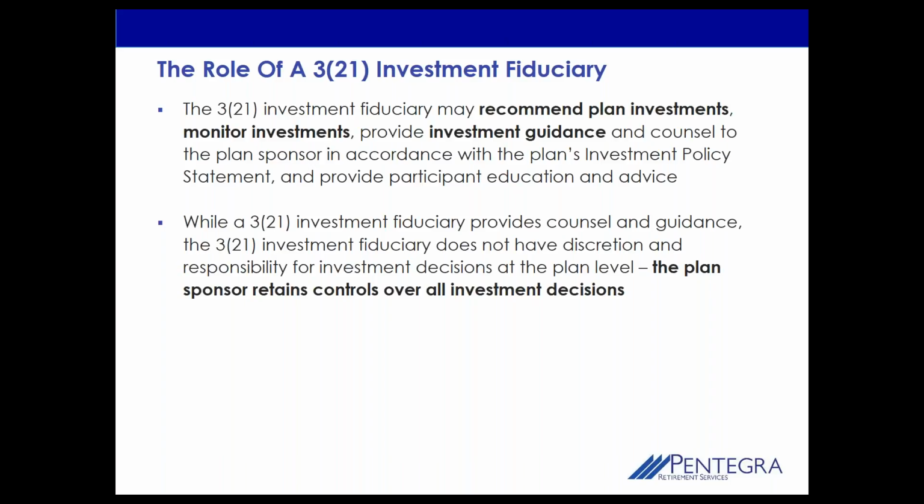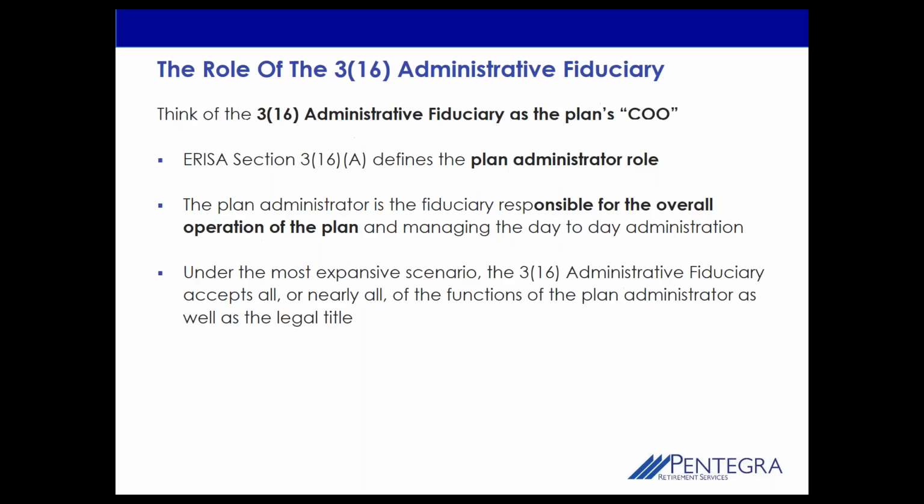Again, in our terminology, we call it a directed individual or someone who has discretion, right? So if an advisor has discretion, they're more likely to be a 338, whereas if they need to be directed to make a change, again, that leads to more of a 321 investment fiduciary relationship. So again, a fine point here, but if the investment advisor or investment professional is saying they're a fiduciary, your question should be, okay, which type of fiduciary are you serving, a 321 or a 338 capacity? I think that's the crucial follow-up question on that side of it.